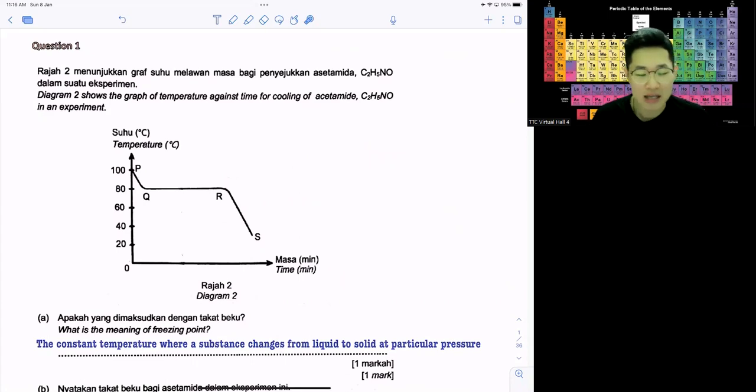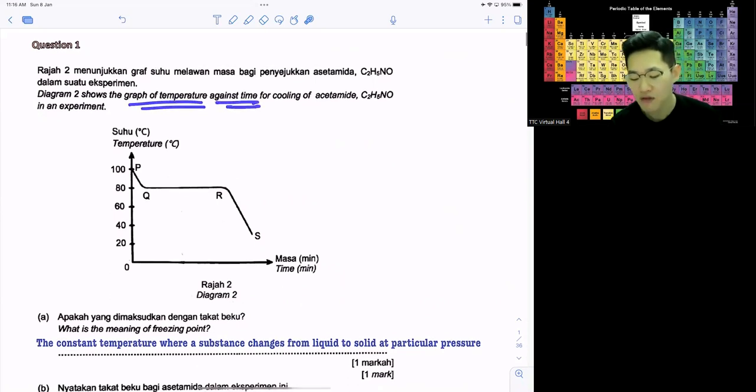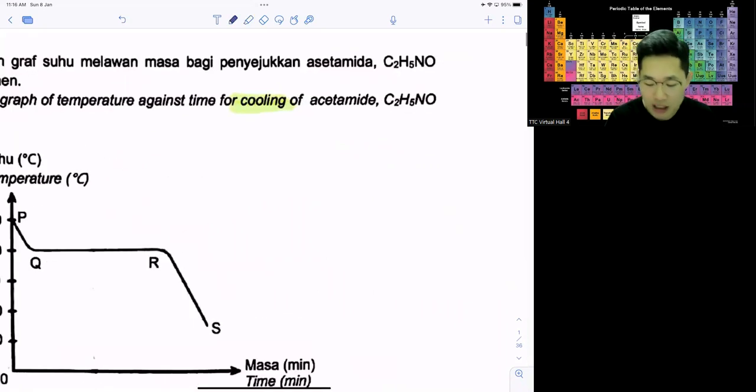So let's look at the first important question. The first important question is about cooling. Later I will explain a little bit about heating as well. You can see there is a graph of temperature against time for cooling of acetamide. Cooling is usually